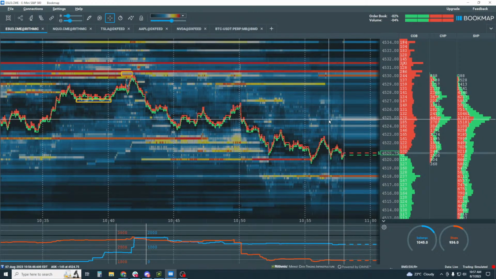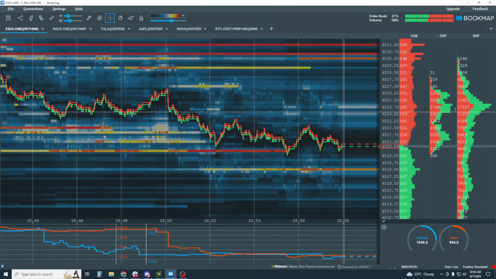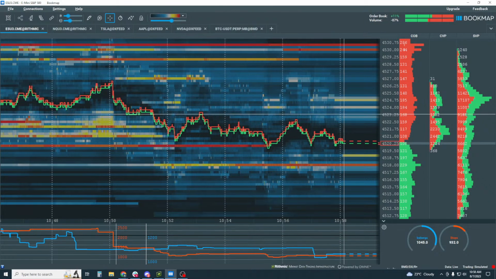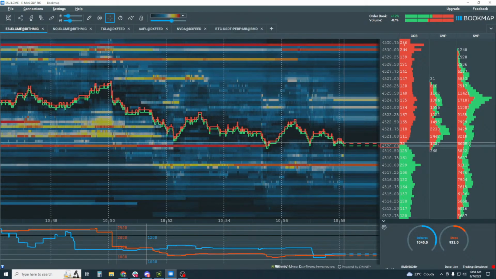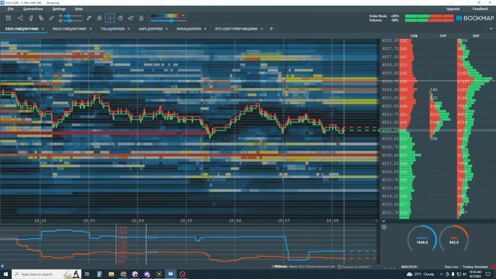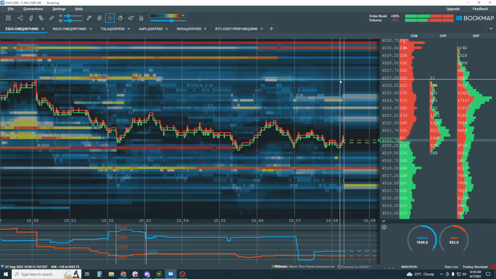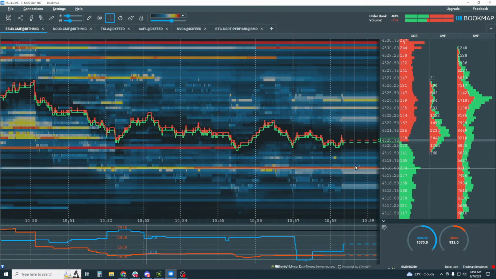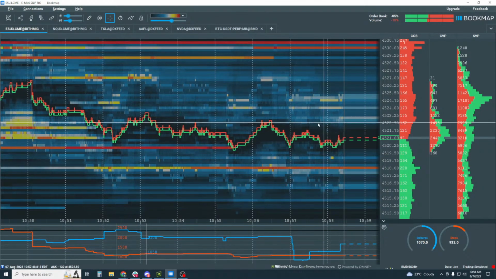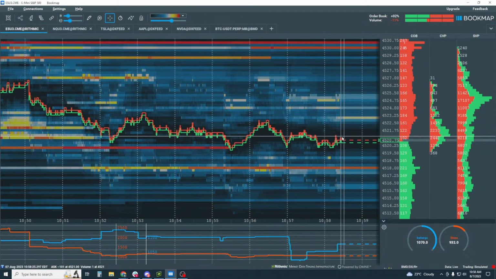Because what we want to understand in Bookmap is we're looking for these big moves, and when that move might unfold. Where it might go is something else, or where it might reject is something else. But we can look at the vertical movement. We don't want to look at the horizontal movement. We want to look at the vertical movement, and when that might unfold. And that's where we're going to look at the order flow, and the structure, the smaller time frame structure in here, and then we're going to look at the transactions as well.